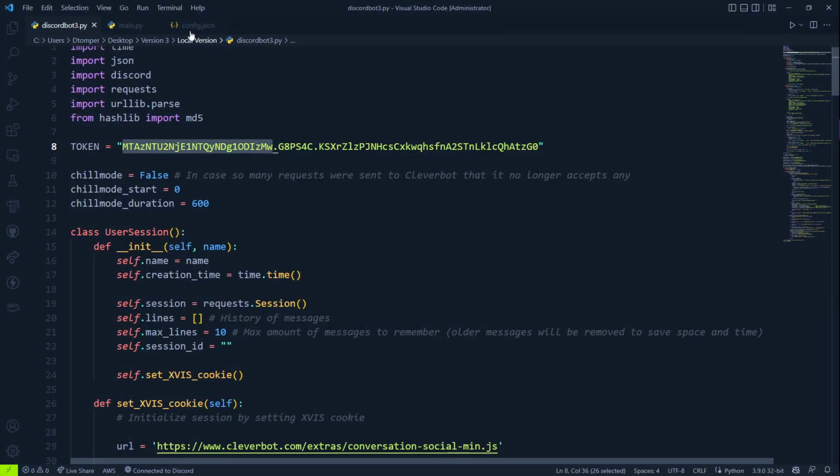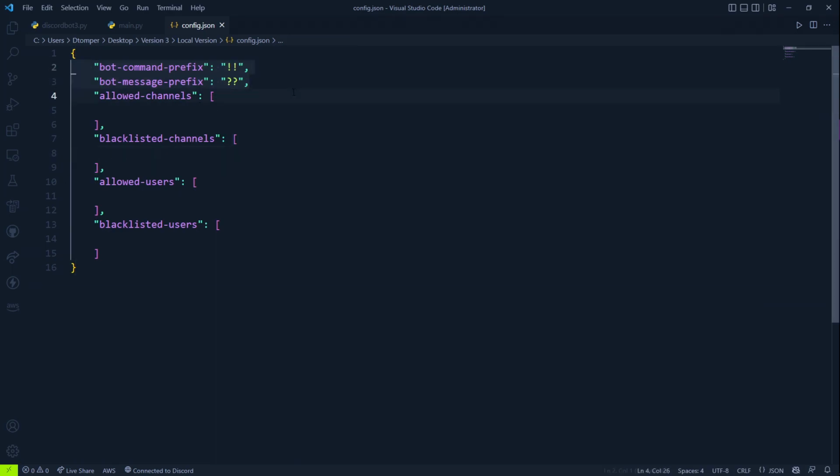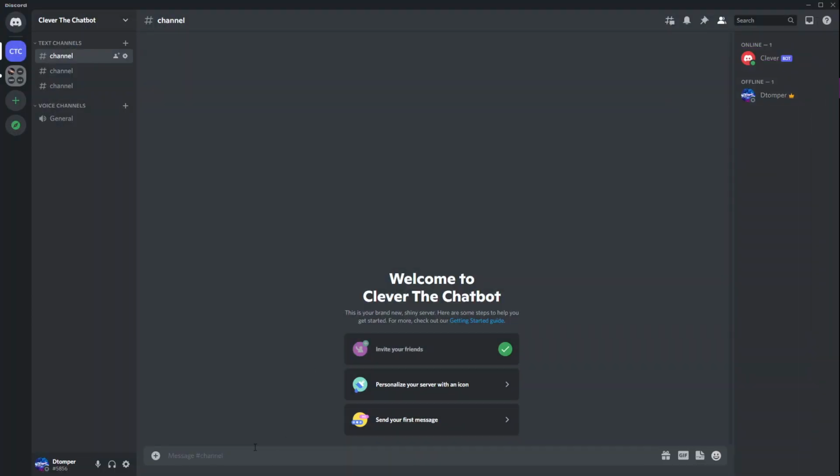Now if we go to config.json, you'll find these two lines here. These two lines basically specify the prefix you'll be using for different things. The first one is commands. I'll talk about it later. The second one is message. Message is what we want now, because